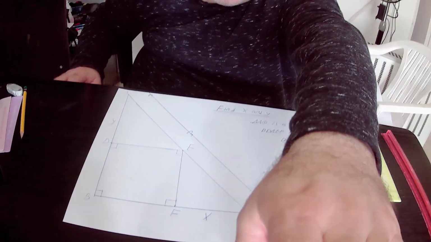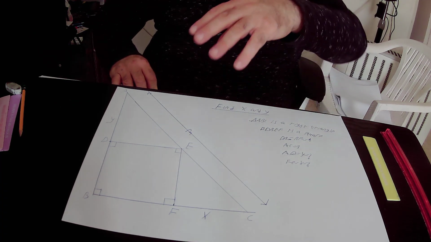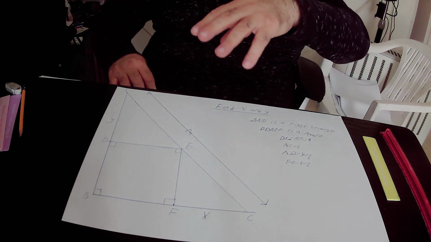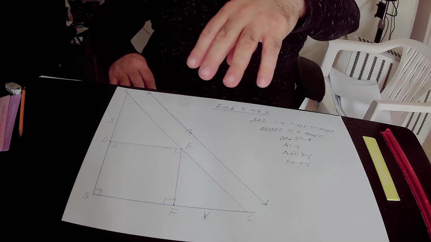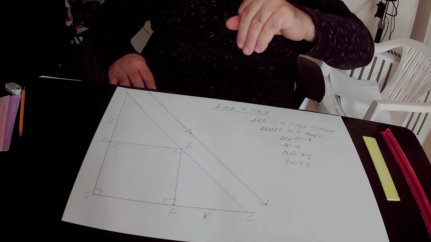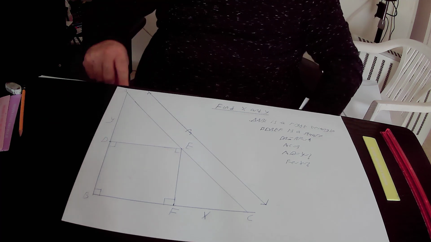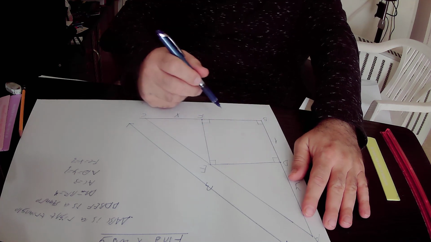Hello, in this lecture we'll find out the values of line segments X and Y. In the drawing we have square DEBF, and the square is inside the right triangle ABC. We also know that DB equals BF equals 1, DB equals 1 unit, BF equals 1 unit,